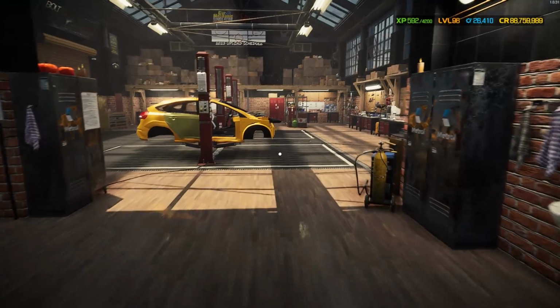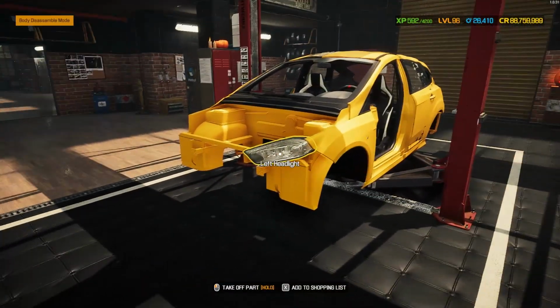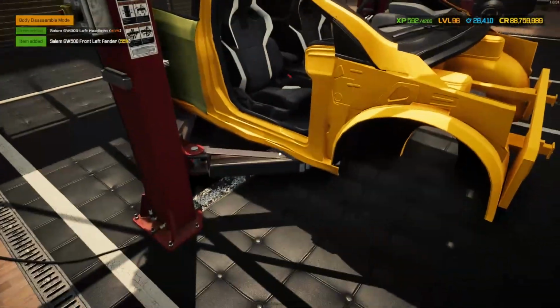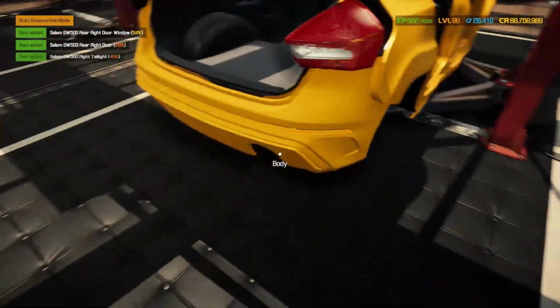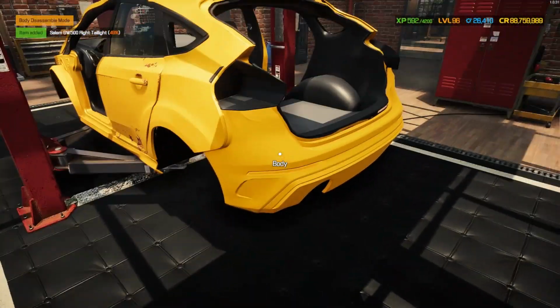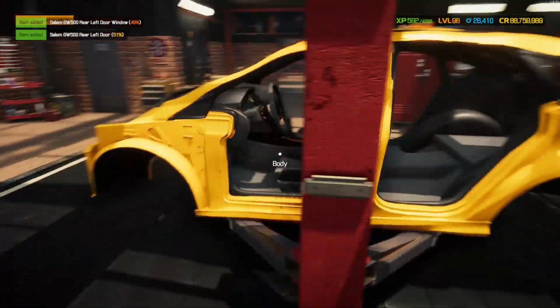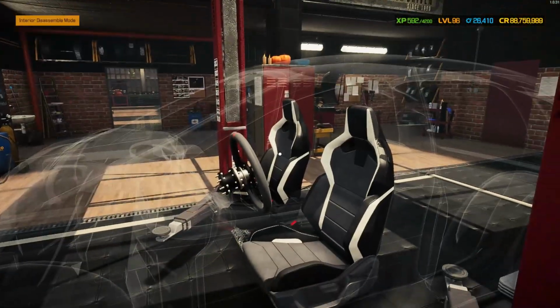That's everything repaired, replaced or upgraded, ready to go back on the beautiful Salem. And now we need to sort this bodywork out, so let's start stripping it off. Headlights, fenders. I don't think we've actually got much on this. Rear door, nothing on the window there. Tail light. That doesn't look like the rear bumper's even attached. And rear door, that actually might be everything. Let's just go in and grab this interior out, and then we will...